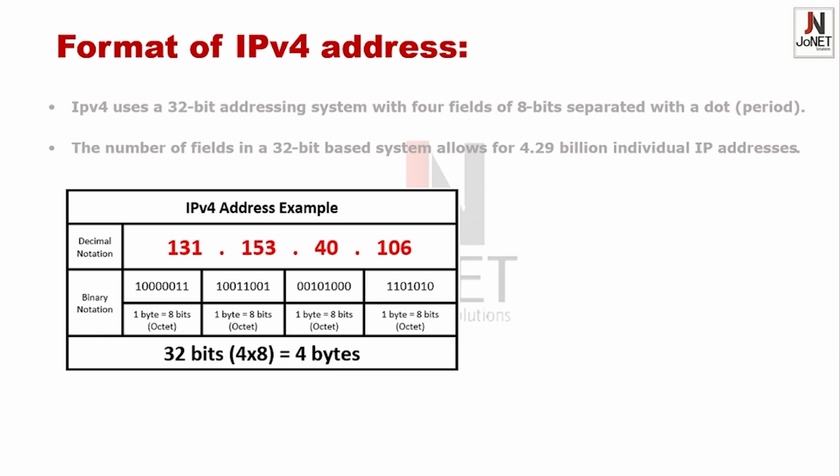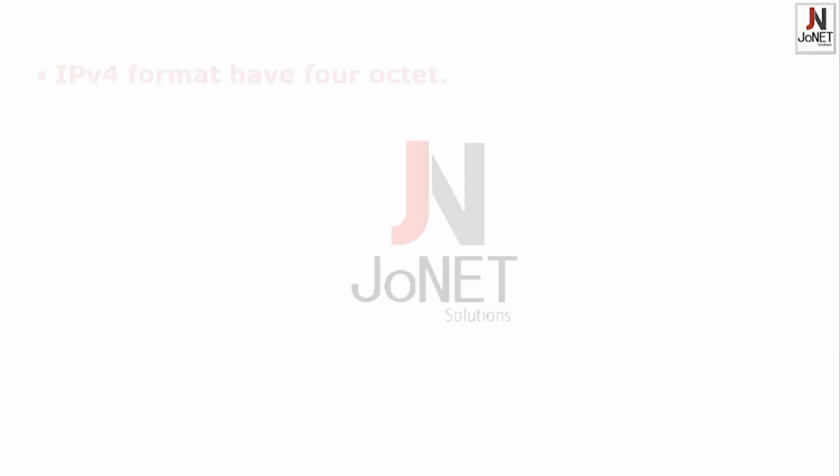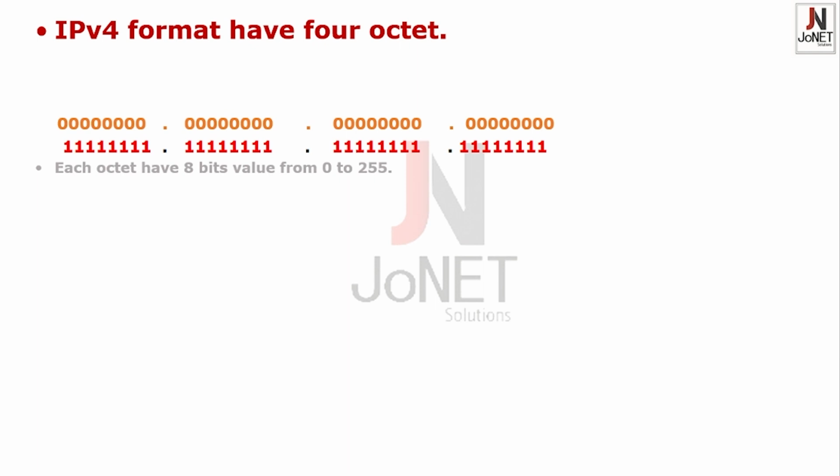That is the binary numbering system. So each octet has an 8-bit value. Okay. So 8-bit, 8-bit, 8-bit, 8-bit. So 4 octets is totally 32 bits. Okay. IP version 4 format has 4 octets. It starts from all 0s and ends with all 1s because it is represented in binary format. But digital computers can know only zeros and ones, bits and bytes.